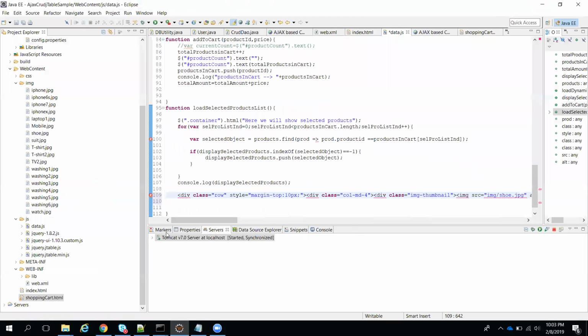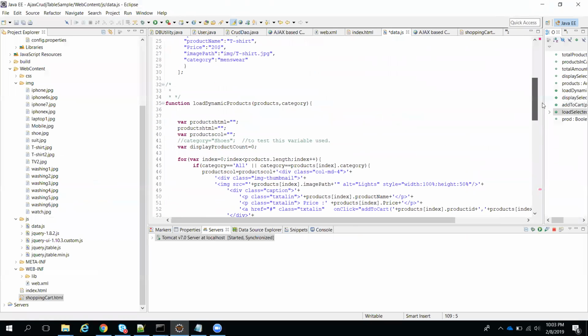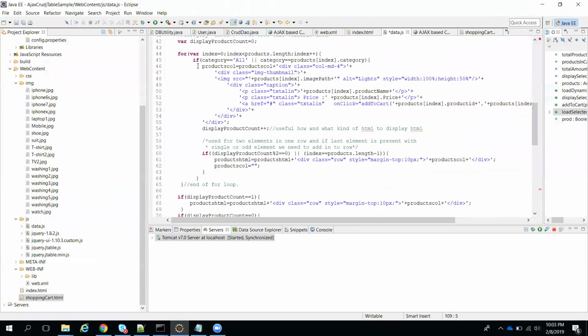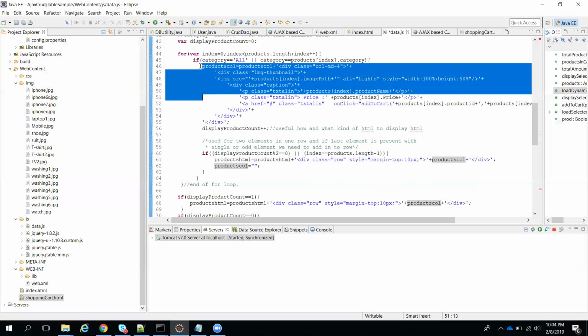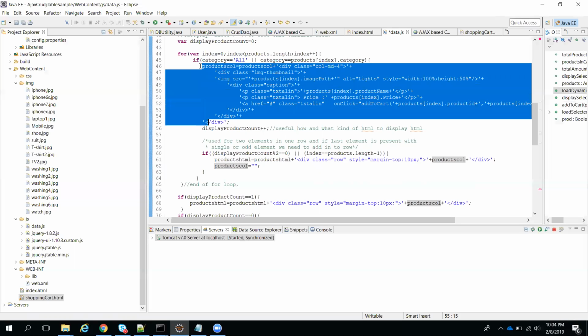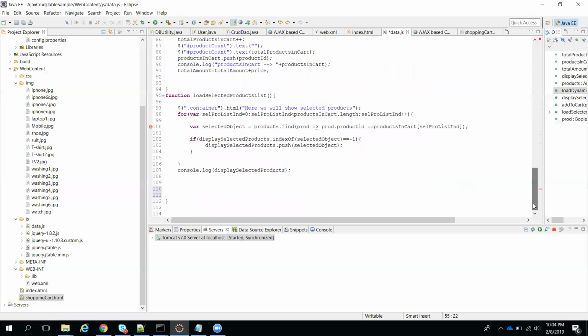Or else what we can do is, in JavaScript we already have this kind of logic at the top, right? We can use this one. We can just modify it. The only thing is we need to modify the HTML a little bit. That's all. At present I'm trying to show only one product.